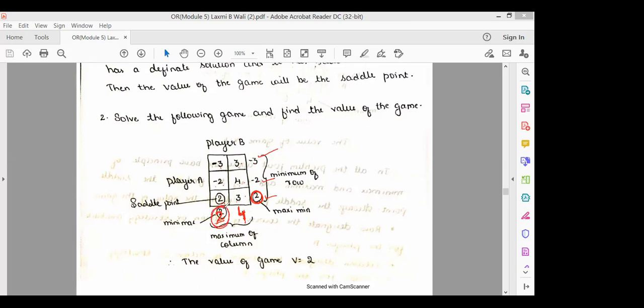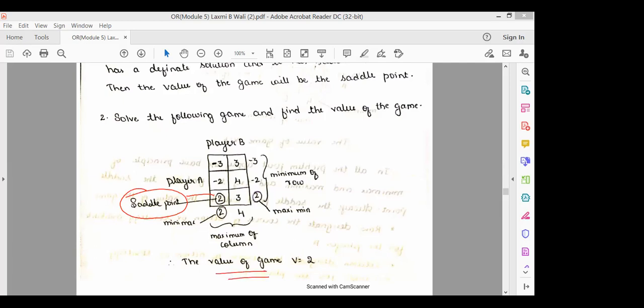Round it off. Now this you call the minimax. Among the maximums, you have chosen the minimum. Here, among the minimums, you have chosen the maximum, so it is called the maximin. So here the maximin and minimax value is 2. Both are the same. So it corresponds to which cell now? It corresponds to 3, 1. So this will be called the saddle point, and the value in this position will be the value of the game.